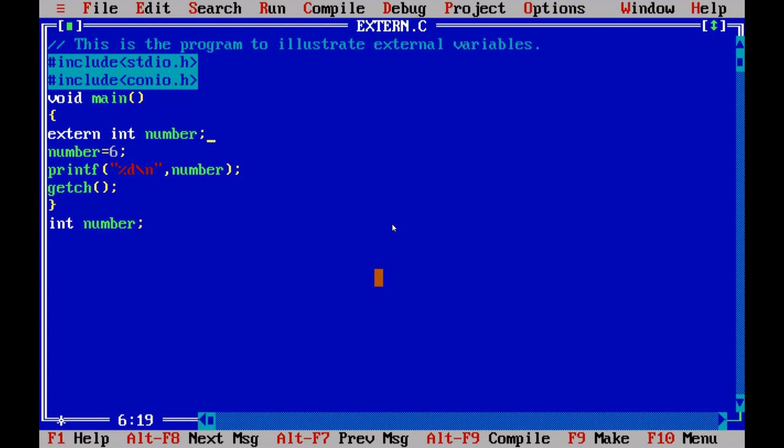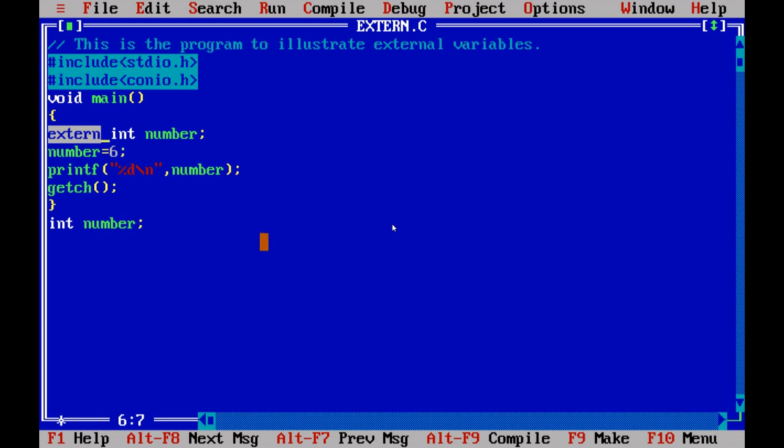It means you are just going to give the information to the compiler as number is of the data type int, and it is of the type extern storage class. It means you are giving the information to the compiler that number is a variable of the type external storage class.